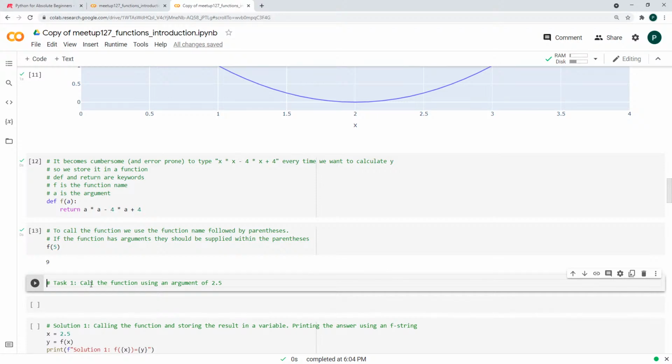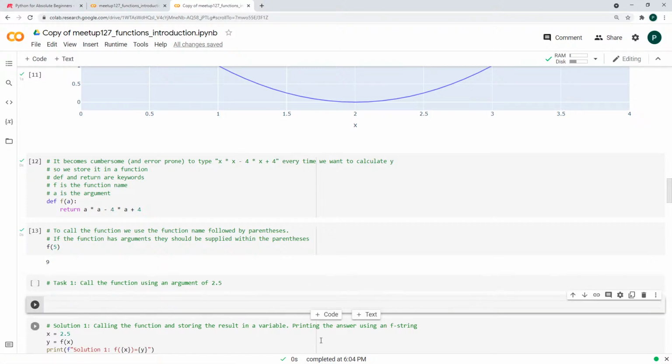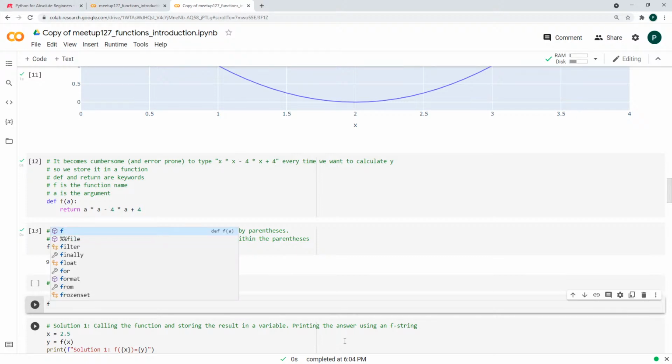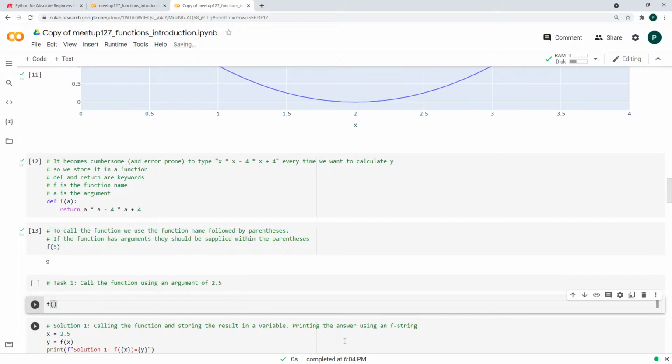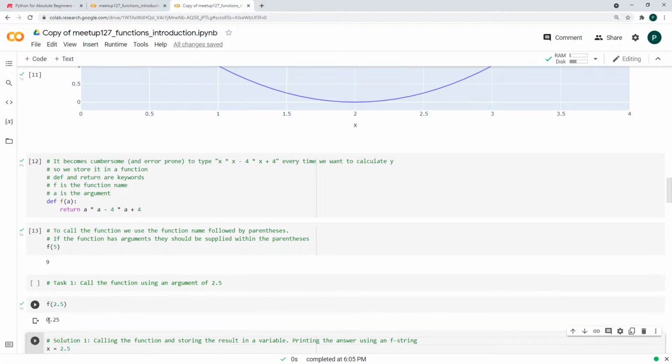So I've given you a little task here. Call the function using an argument of 2.5. Now if you think you can do this, maybe pause the video, have a go, and then I'll do the answer. This is pretty easy, so I'm going to do the answer straight away. You just write the function name, then you use parentheses to say I'm calling the function. Then you put in the value that you want to use for the argument and shift enter, and that'll call it, and you can see